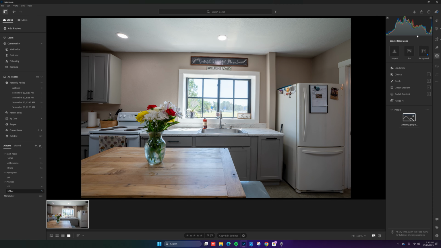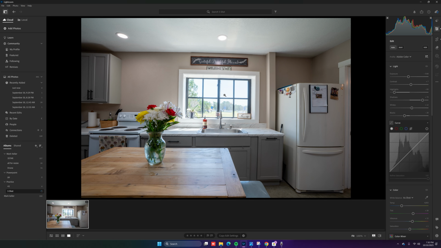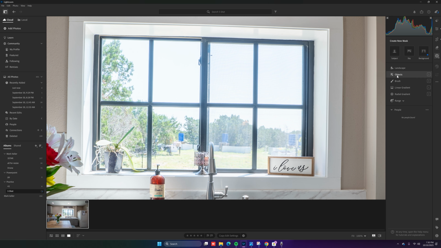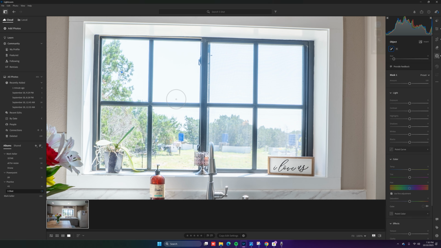So what we're going to do is start by hitting the masking tool over here. We're going to go to Masking, Object. And I like to try to do little windows and keep the frame out of it sometimes. Sometimes when it's blown out like this,